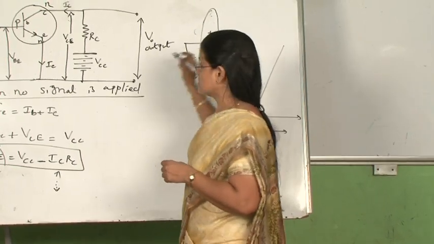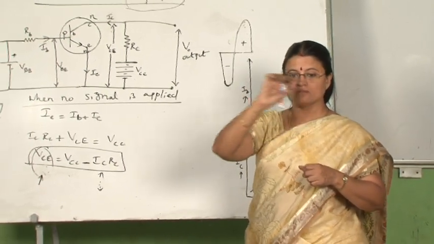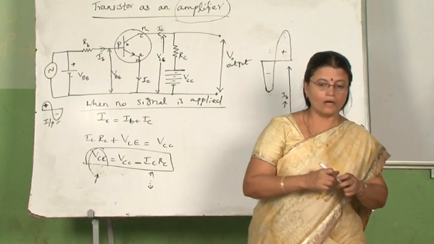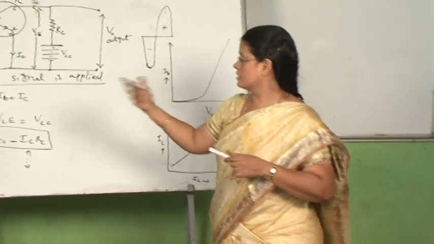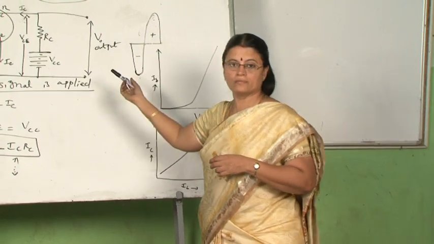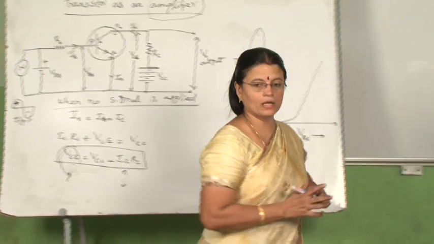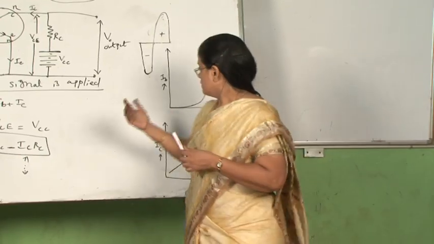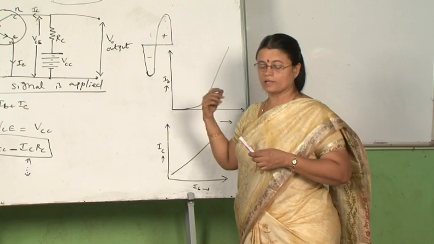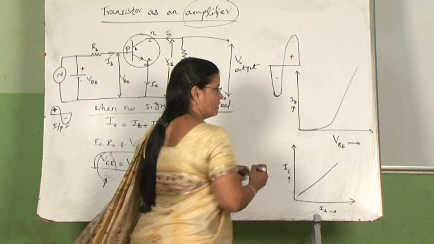So, this phase reversal you have to understand, and that should be explained very clearly with the side heading phase reversal. You have to explain very clearly what happens during the positive half cycle and what happens during the negative half cycle of the input signal. This way the transistor acts as an amplifier. Now, when the question on the amplifier is asked in 5 marks, they may ask you as a part: what is the meaning of current gain, voltage gain, and power gain. So, we will see one by one.